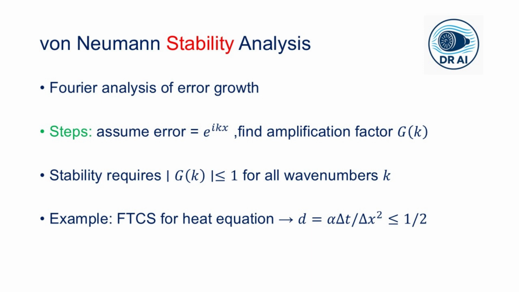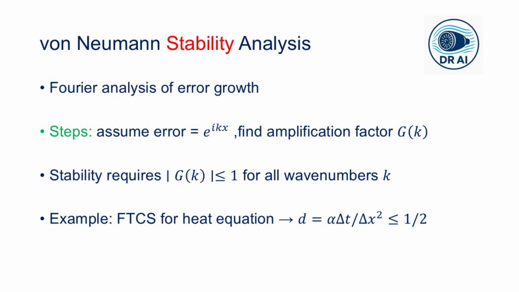Substitute one mode into the discretized error equation, and derive the amplification factor, how much the mode grows per time step. And lastly, for stability, we require the modulus of this amplification factor to be less than or equal to 1 for